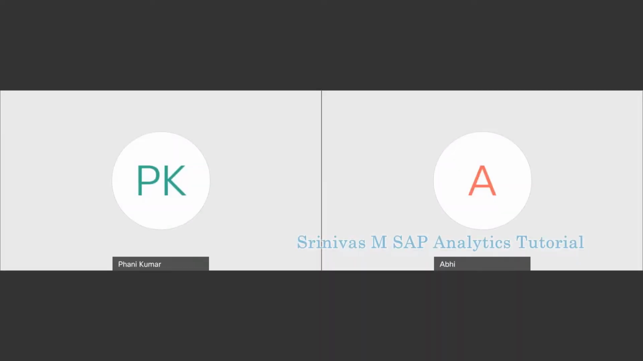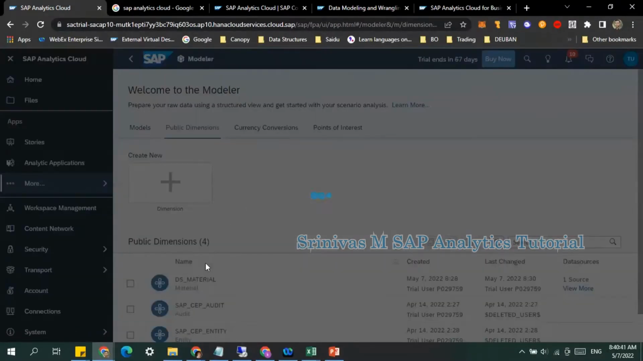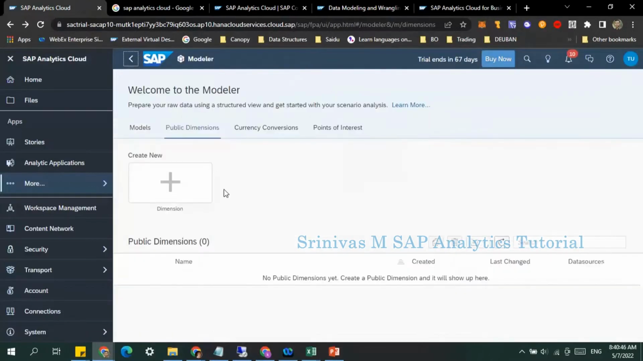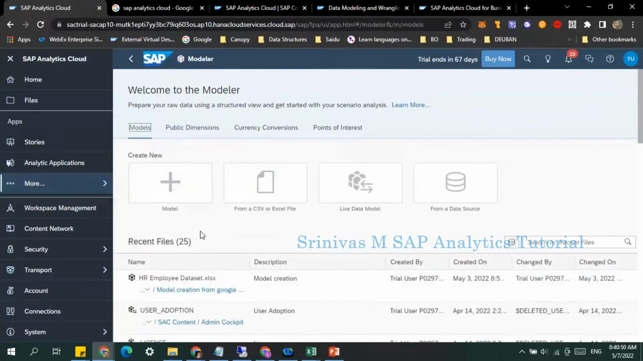In our last session, we created the ds_material dimension. We created this dimension and uploaded some data into it via flat file. Now we are going to cover how to create a model in SAC. When creating a model, we can create it in two ways: either from scratch on your own, or from a CSV file. For better understanding, it is always good to start from a CSV file or